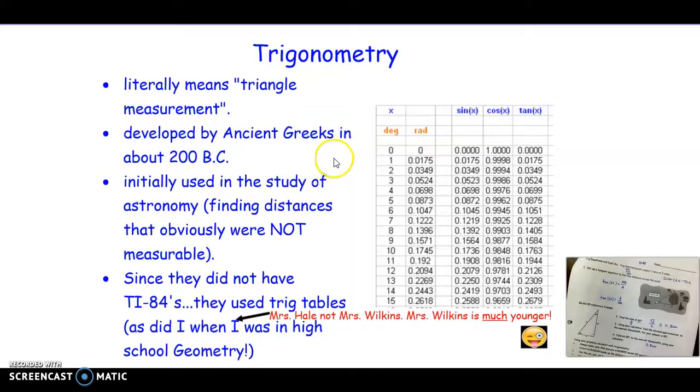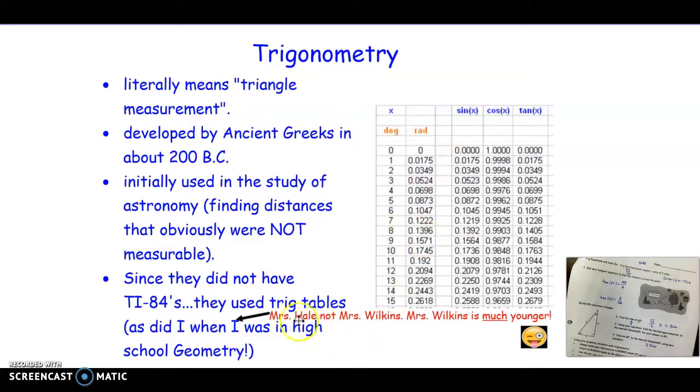So trigonometry was actually developed by ancient Greeks many, many years ago, as you can see, 200 BC. It was initially used in the study of astronomy, and obviously if you're doing astronomy, that has to do with the stars and the space and all that stuff. You're finding distances that obviously cannot be directly measured, and so trigonometry is a way of doing indirect measurement. Since they did not have TI-84s, they used trig tables, and that's what I used when I was in high